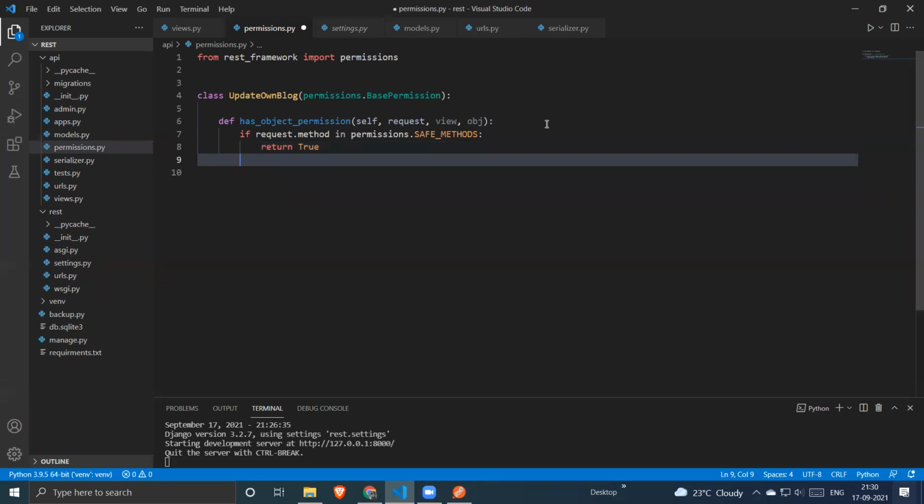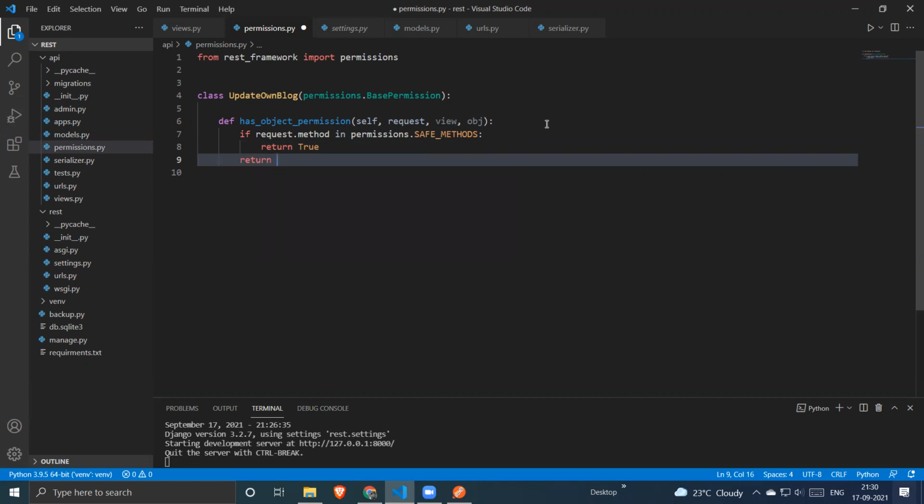And if the user has the request or access to his own blog, for example, user is trying to access his created blog, then only he can access the method. So how to do that? We can use the if condition, but Django provides a simple way.